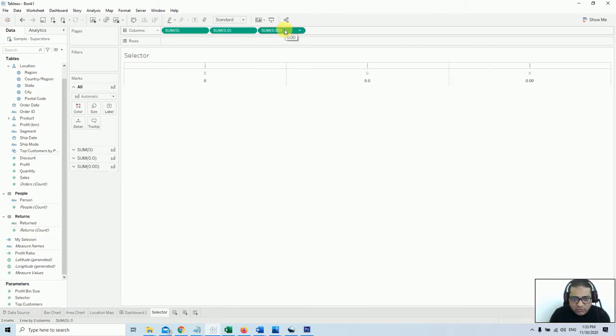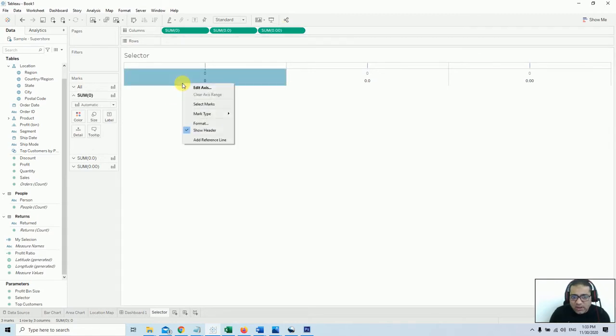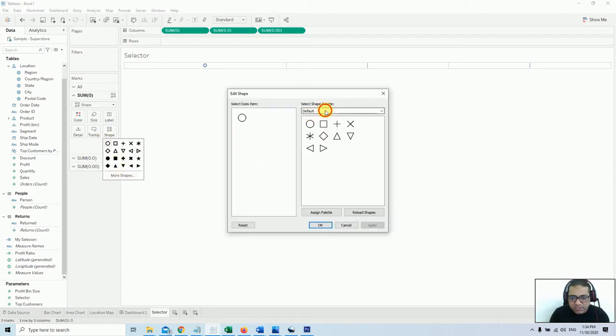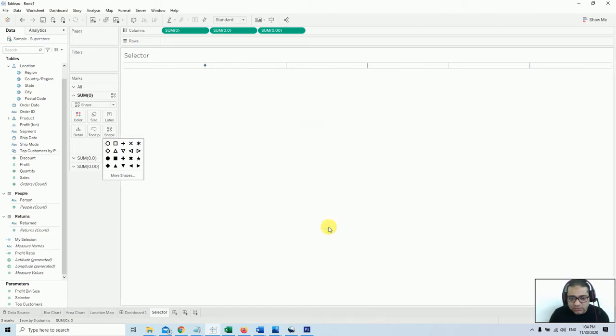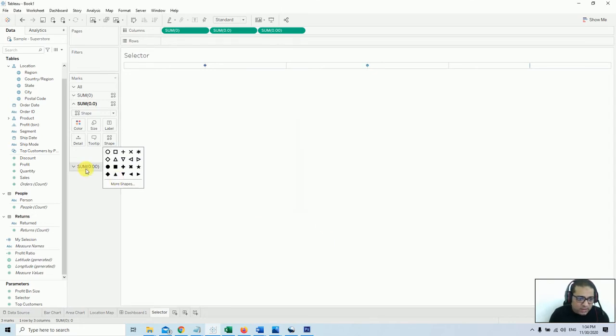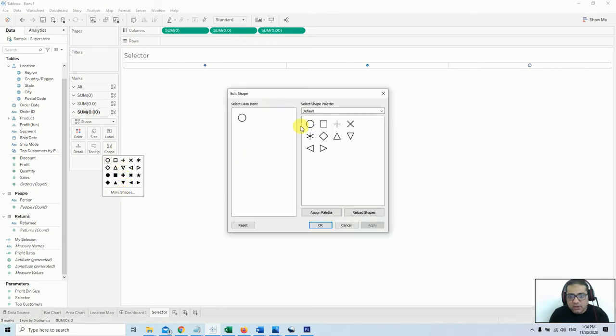Okay, so this time I'll hide this, I don't need this to be shown here. I will assign this first 0 as a shape, and you can choose any shape by the way. So let me choose some social network images, and for the second one I will do the same thing. I will go to the shape marks card and choose social network, this time LinkedIn, and for the last one again I will choose shape, and from the shape I will go to the details and choose the Twitter account.